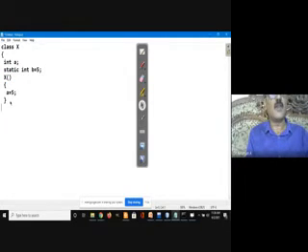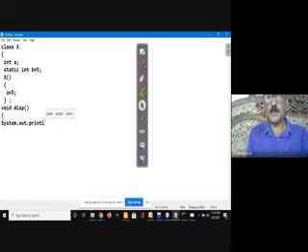I will use the street dog now. Street dog is void disp. That's a normal method. So a street dog can eat both. System dot out dot println. It can access both the static value as well as the non-static value.